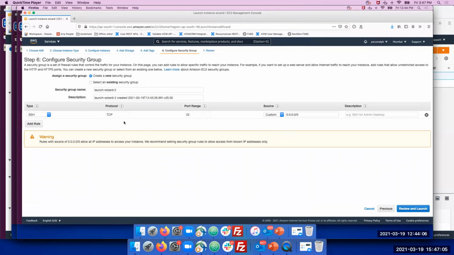I will explain these security group things separately once the EC2 instance is created. Click on review and launch.